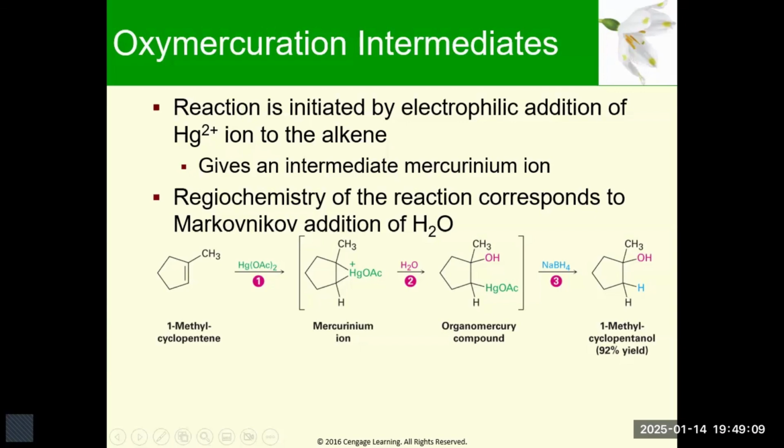Now, the reaction is initiated by electrophilic addition of mercury ion to the alkene. And this gives an intermediate mercurium ion. Now, this reaction is Markovnikov overall to give you an addition of water. So again, this is important to remember. This reaction is Markovnikov. Now, what also is important about this reaction is, if you remember with the acid catalyzed reaction that we showed first,